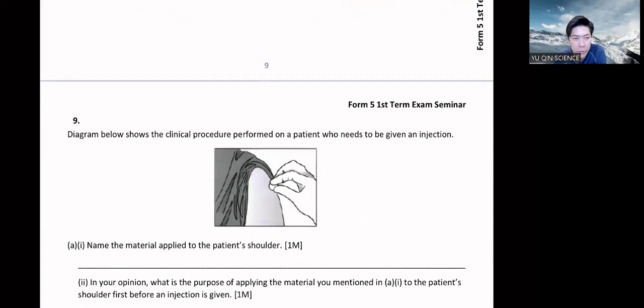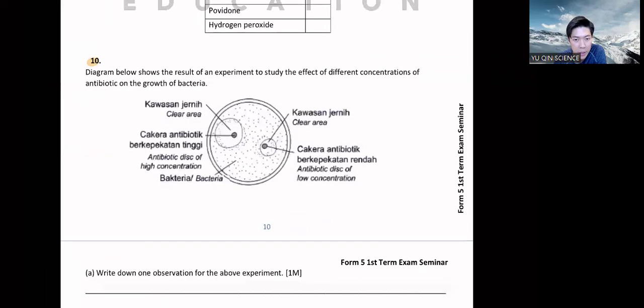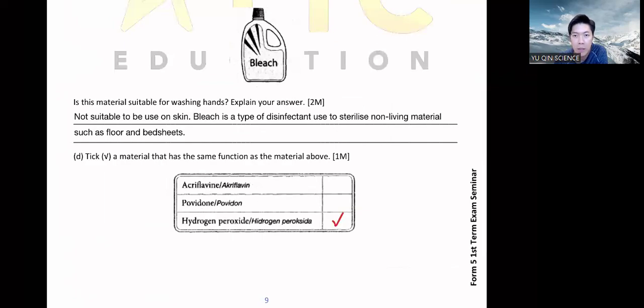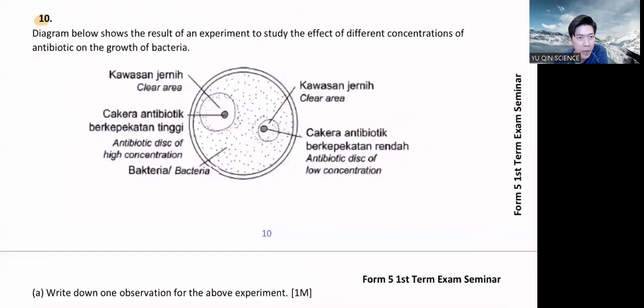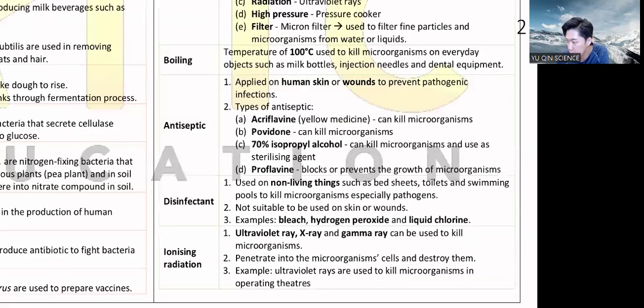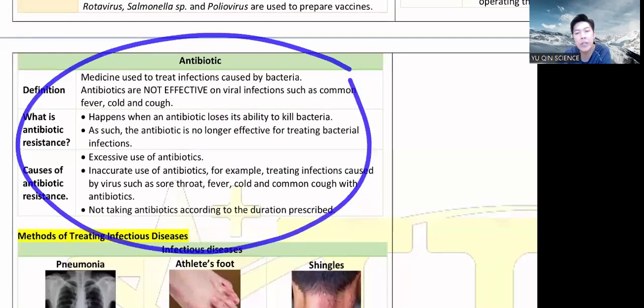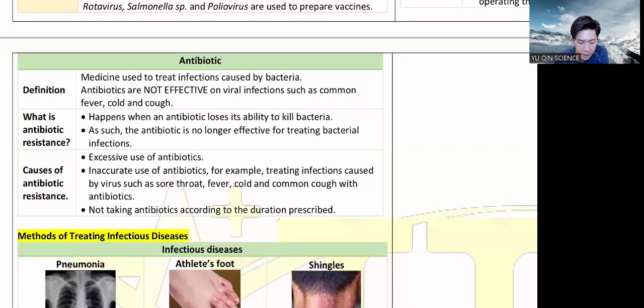Okay, good. And the next question, shall we? Number 10. Everybody okay? Are you still copying or done? Then we have another experiment in chapter 1, which is the antibiotic experiment. It's not here, I didn't put it in, but it's under this little category. You learned antibiotic in Form 1 chapter 10, medicines. In modern medicine, antibiotic is something used to kill bacteria.